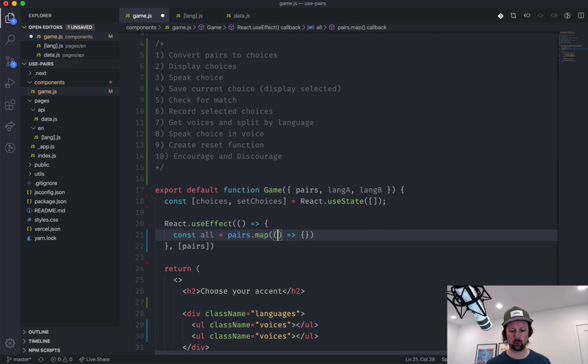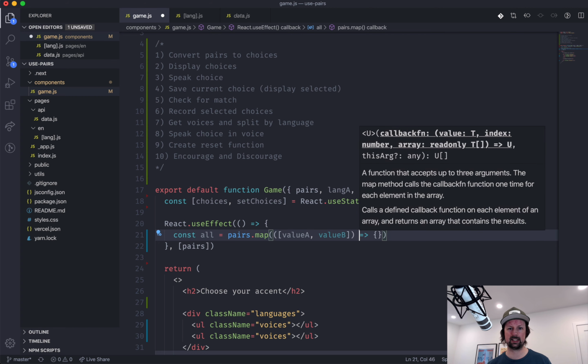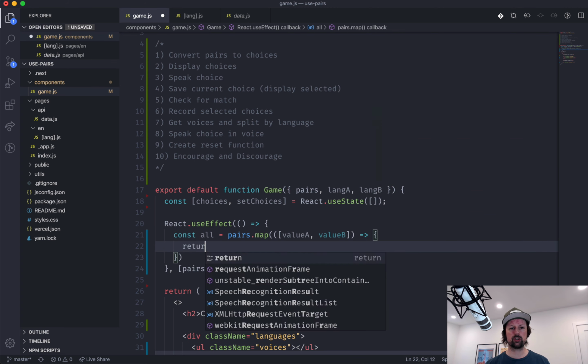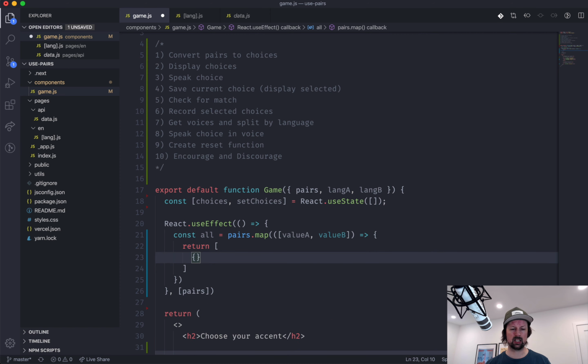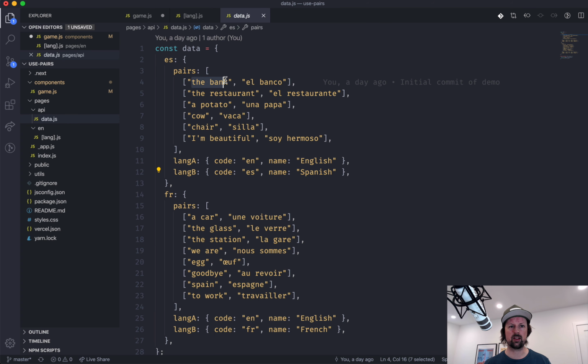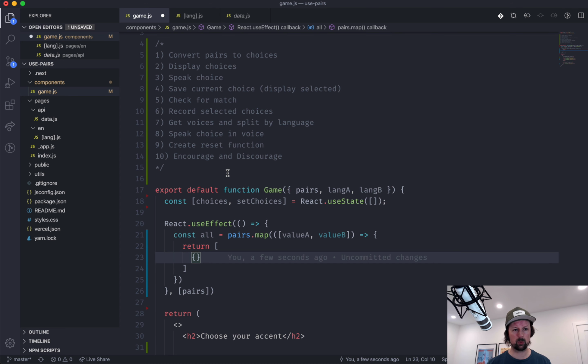So what are we receiving? We're receiving basically a pair, side A and side B. So let's call this value A and value B here. What I want to do is convert this into a little bit more structured content that associates the bank, store, that one's English, and then store that el banco is Spanish. So the lang for the value A would be the lang A